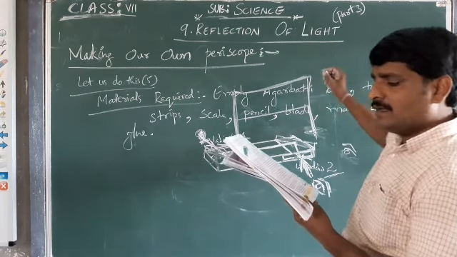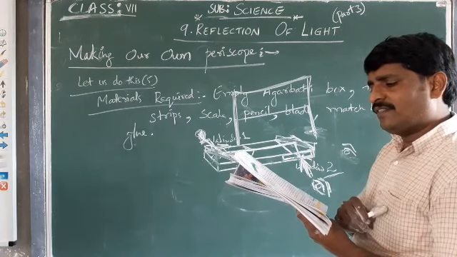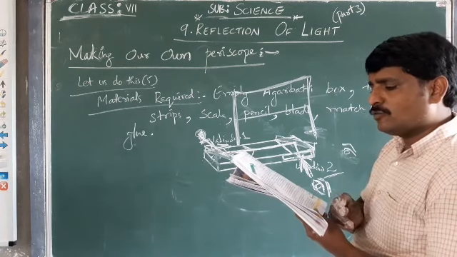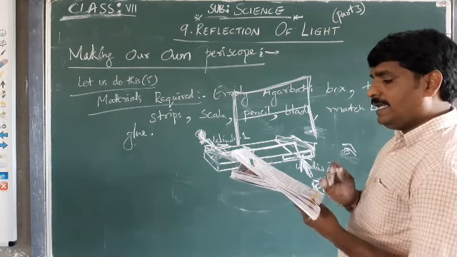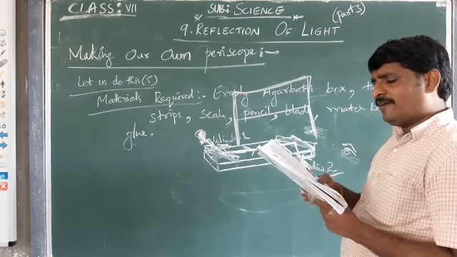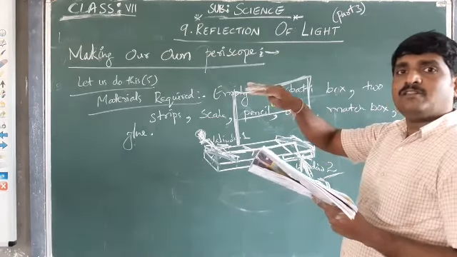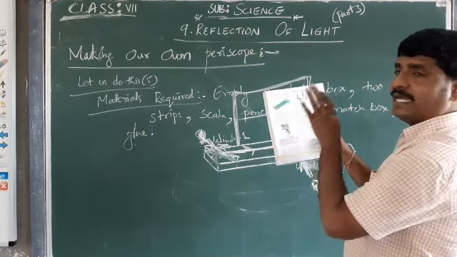Observe figure number 6D. A girl is viewing the object outside of the room through the window while hiding herself in a room, with the help of a periscope. She is not observing through the window. See that figure number 6D. She is not observing directly through the window.